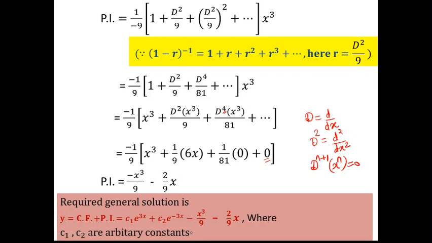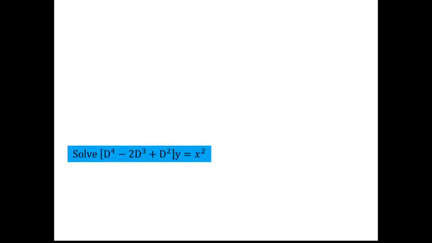So I hope the process is clear to you all. What is important in this case? First, you should express the given function properly by taking the lowest degree term and then expanding. While expanding the function, you have to make use of the formula appropriately, and then you have to operate it on the given function in a proper way. So let's have one more example based on this.